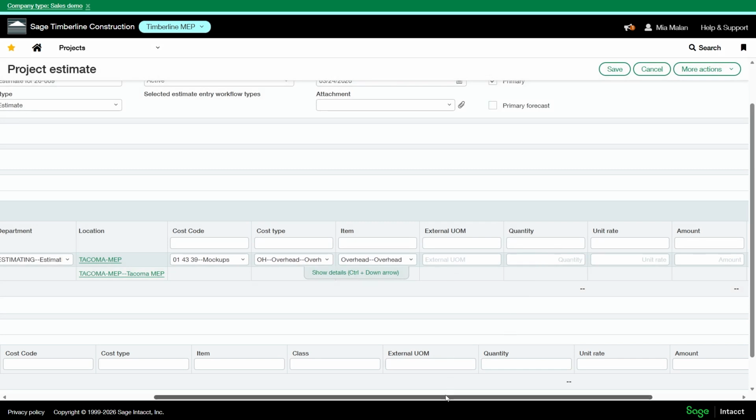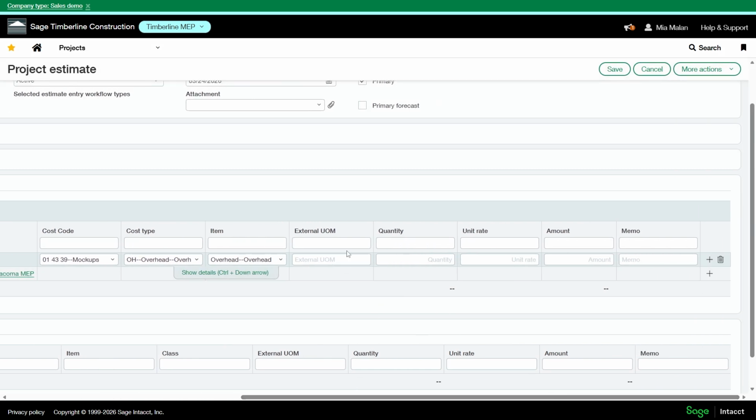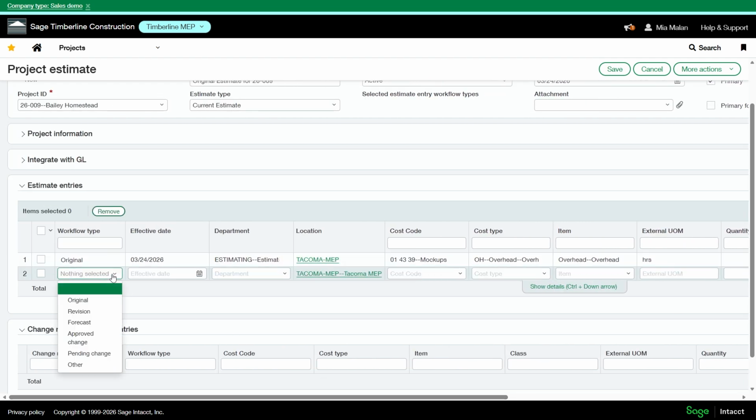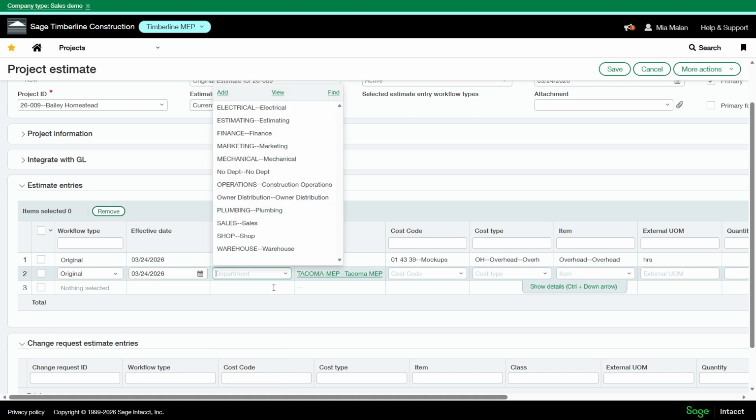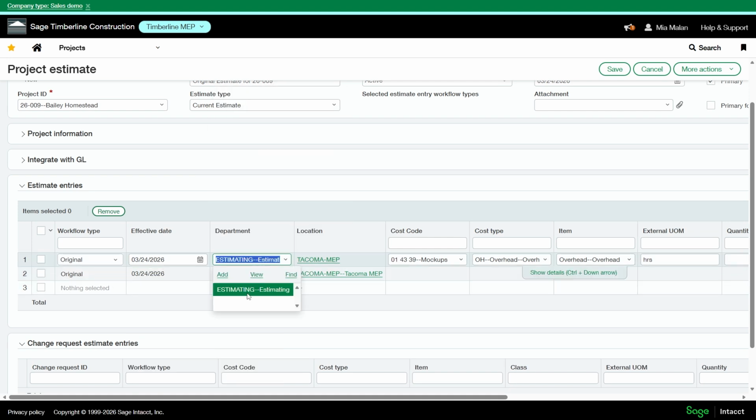For the cost type, I have the option to enter the external units of measure, the quantity, maybe hours, 2 hours with the unit rate. Then it'll give me an amount. If you're entering a large estimate, it is easier to import.